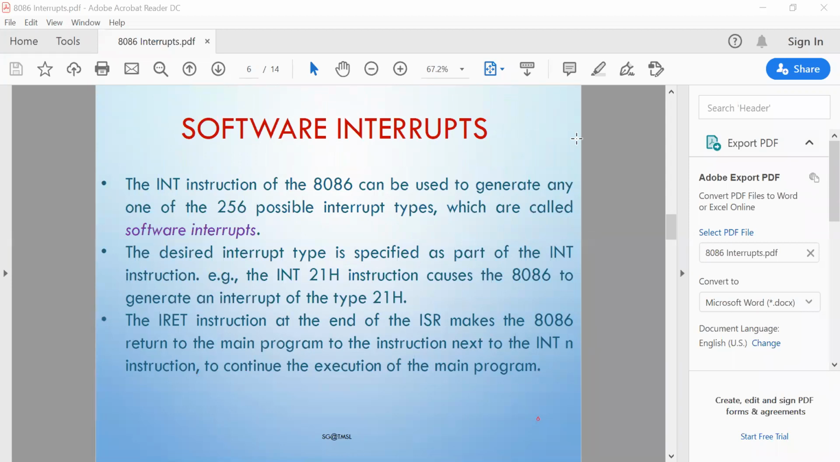So software interrupts. How many software interrupts are there? The INT instruction of the 8086 can be used to generate any one of the 256 possible interrupt types, which are called the software interrupts. The desired interrupt type is specified as part of the INT instruction. For example, the INT 21 instruction causes the 8086 to generate an interrupt of type 21. If it is written as INT 00, then it causes the type 0 interrupt. If INT 1 is there, then